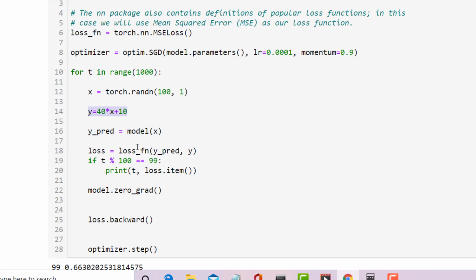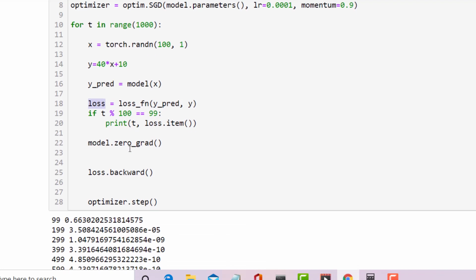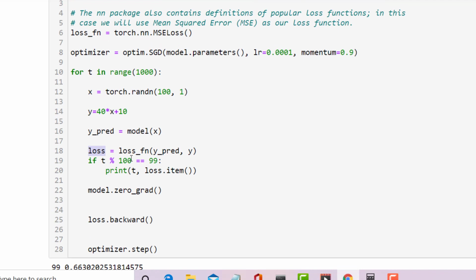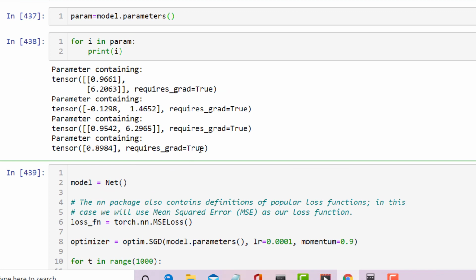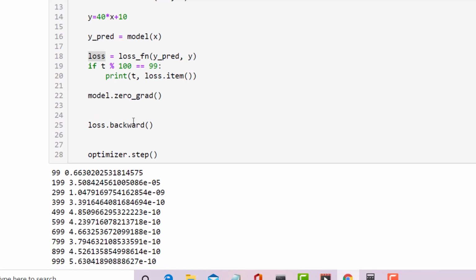So what we have to do is, for the loss function, which is the MSE loss, we need to pass the y predicted, which is the output of the model, and the actual y which is coming from here. That needs to be passed through the loss function, which is going to give us a mean square error loss. Now this loss has to be minimized. That's how the neural network will update these weights so as to minimize the loss.